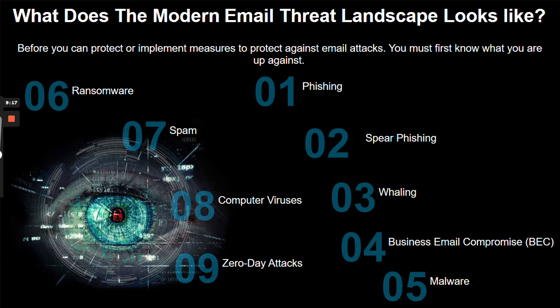So before you can actually implement measures to protect against email attacks, you will agree with me that you must first know what you are up against. You can't protect unless you know what exists and have an understanding of it. I am just here to create an awareness for each of these. It's always good to do further research, not just on the surface, to say phishing attack is XYZ, but to get to the bottom of all of these elements, to see how they are designed, how they operate, how they actually